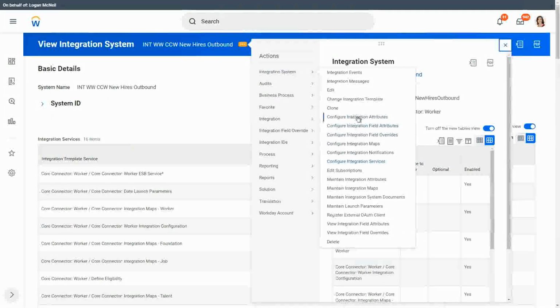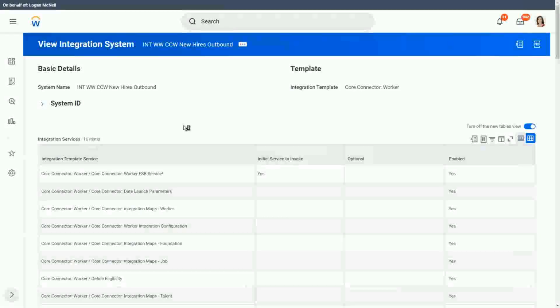We will follow this one by one: configure integration attributes, field overrides, maps, notification services, etc. First we have done configure integration attributes. Then we will go to configure integration field attributes. Let's click on that. Alright,